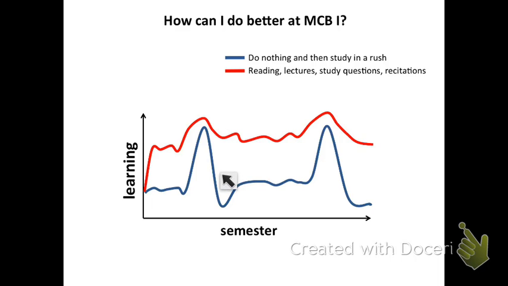So this is the typical curve of a student working for a molecular cell. They do nothing for a while, right? And then they study right before the midterm. And right after the midterm, they forget everything and then study again. That's not going to be very good for learning, because what you learned in the past lectures is actually going to help you in the upcoming lectures. This course is going to move forward and proceed. It's going to get a little bit more complicated, and you're going to need the knowledge that you had to continue.